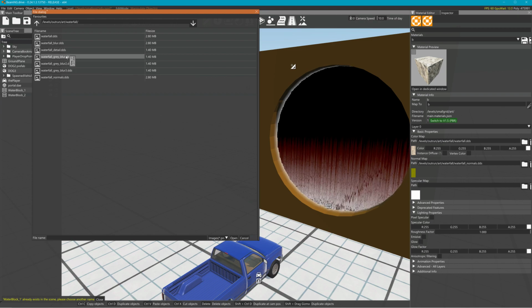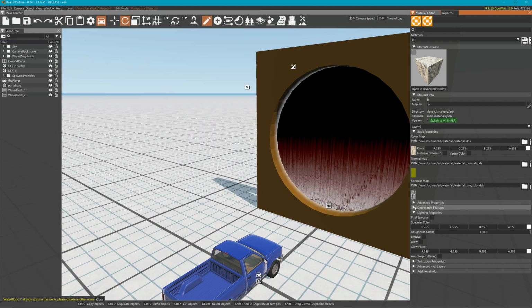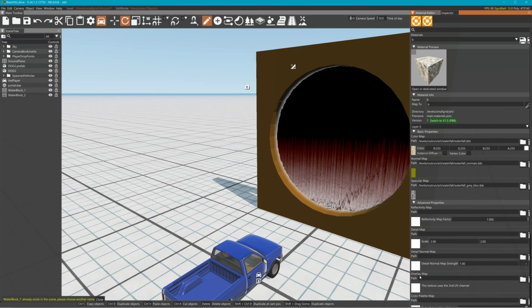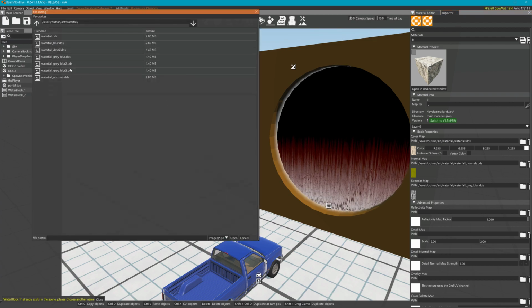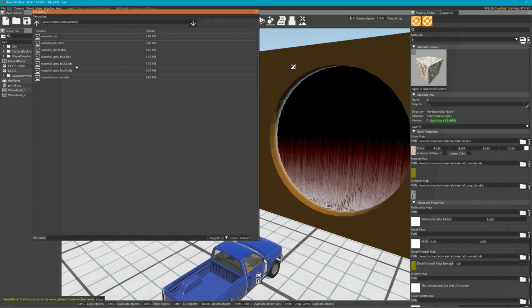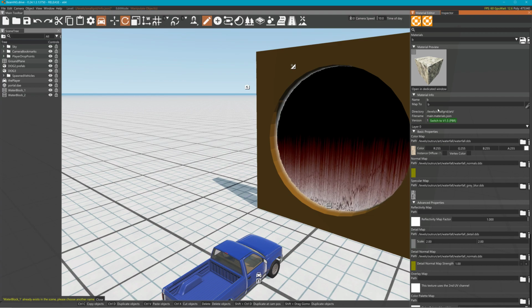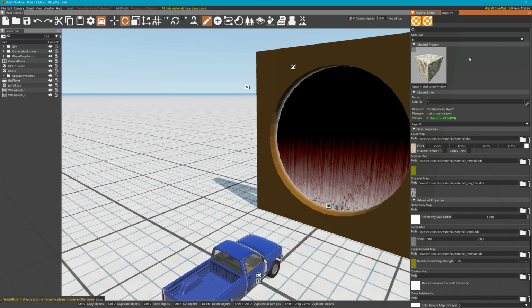I guess one of these will be a specular. Detail normal, just repeat that normals. Detail, the high pass filter version of the color map. Save. Now in Blender,